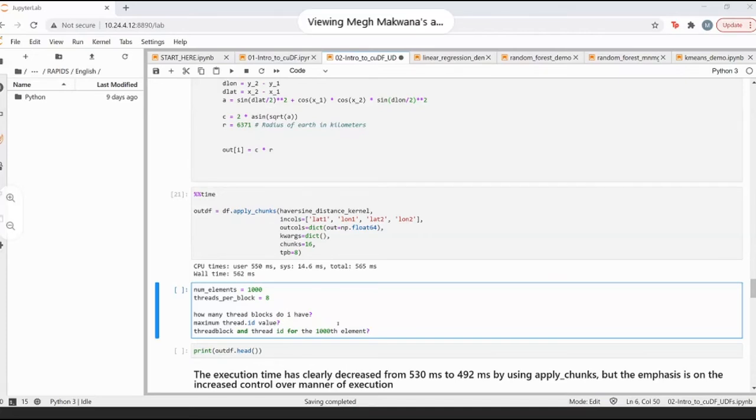Any guesses? Okay, somebody has said 125 thread blocks, and somebody has said my thread ID max is 7 in that case. Now let's confirm that and see what has actually happened.